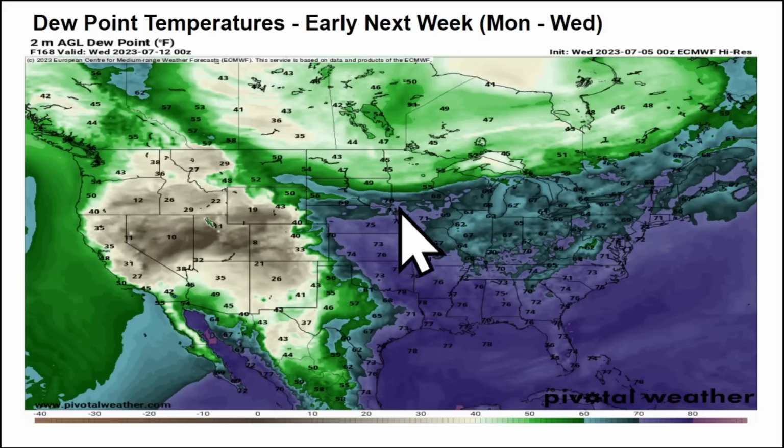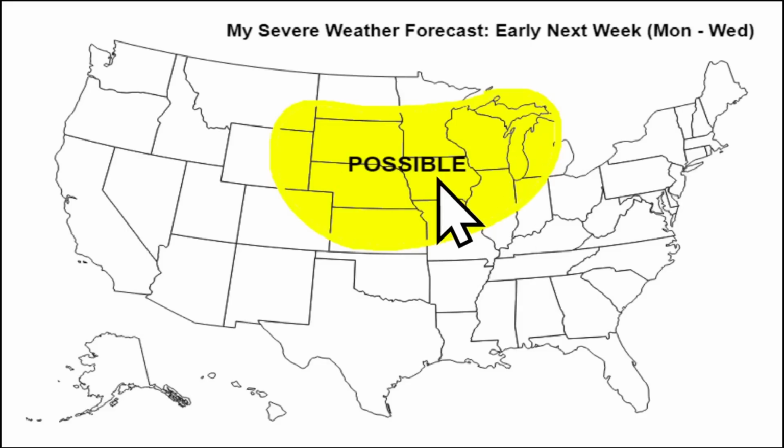Dew points trending a little higher further to the north, especially with the corn crops becoming a little bit more mature up here. We have the dew points trending into the upper 60s and potentially up to as high as the middle 70s early next week, as far north as Iowa, getting into Nebraska here, South Dakota, southern Minnesota, Wisconsin, and parts of northern Illinois. And that is the area I'll be watching for some severe weather possible as we get into that Monday, Tuesday,